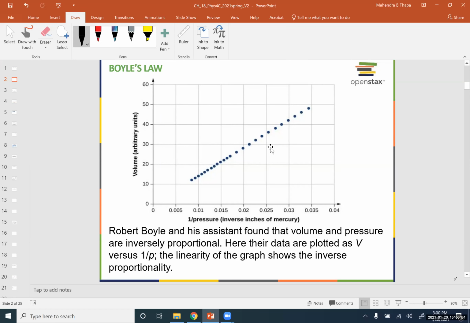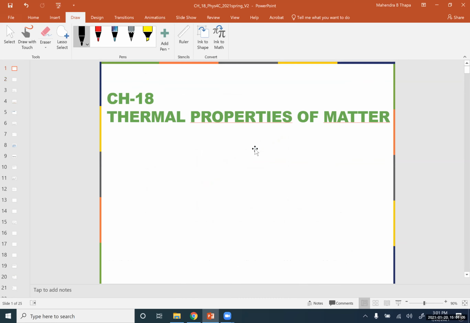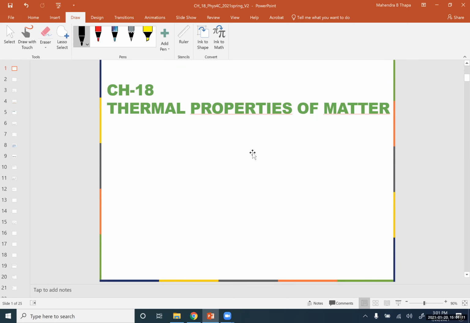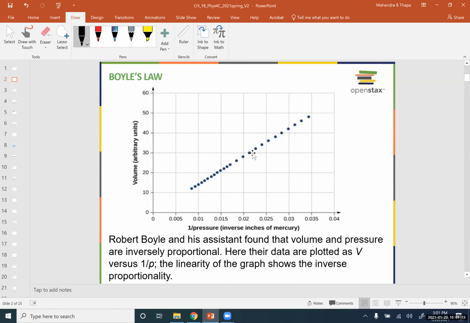So we start with Boyle's law, Charles's law, and the equation related to each. This is basically Chapter 18, which deals with thermal properties of matter. In Boyle's law, this basically deals with